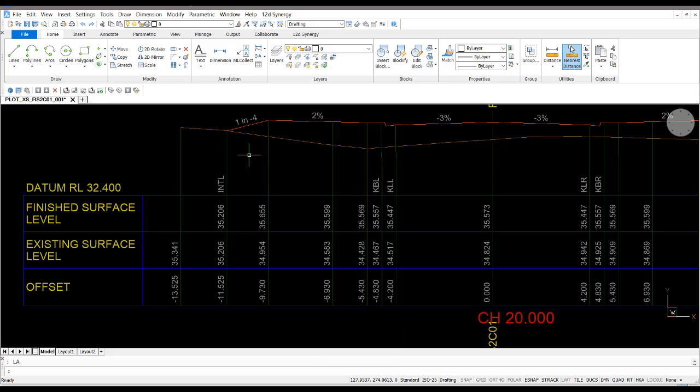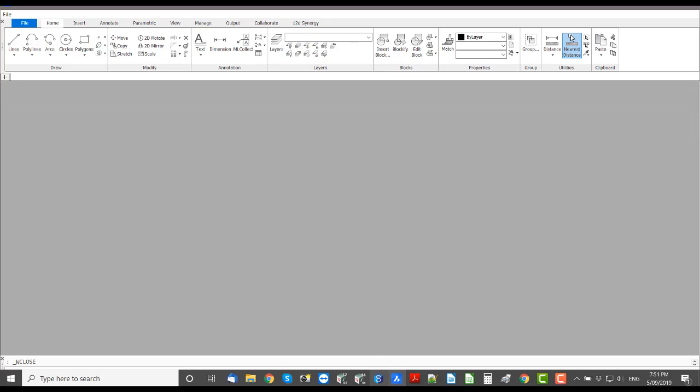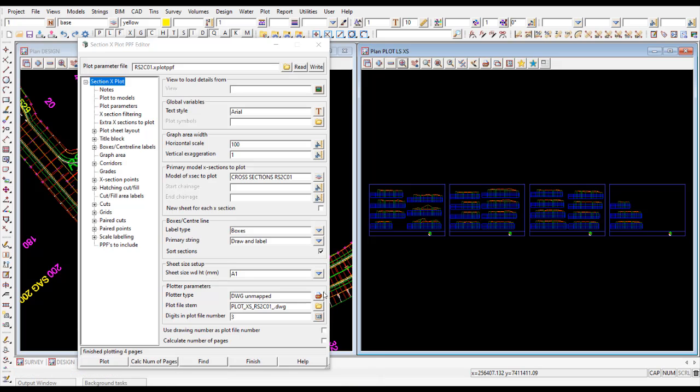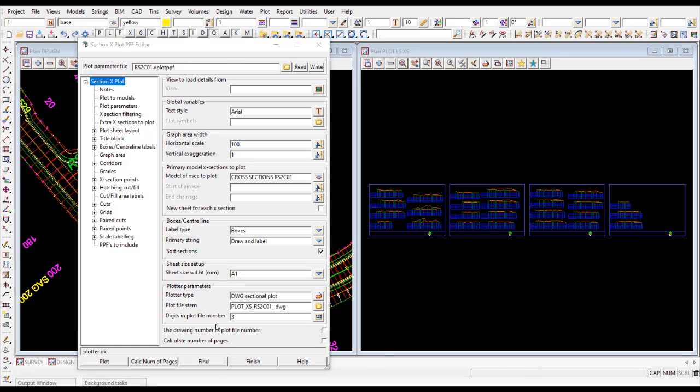So there's the unmapped file there, so let's just close that one, and let's go back into 12D. Under the plotter type, we can go into the sectional plot, and by selecting the sectional plot, it's going to populate all the different elements of the cross sections, the boxes, and all the text into separate layers, and we'll have a look at that now. So just select that and just go plot,